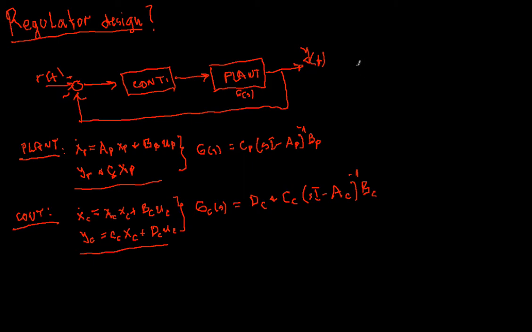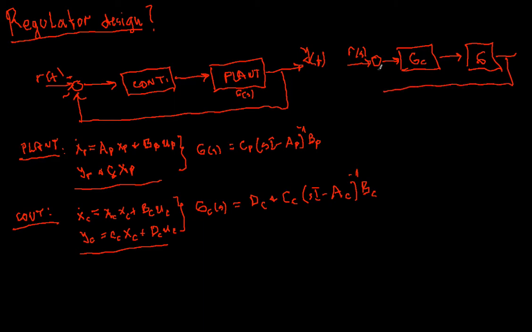In other words, we can look at the classical representation in a transfer function style, where G of c is here and G of the plant is given as follows. Okay, and we recognize this is just our classic representation of the